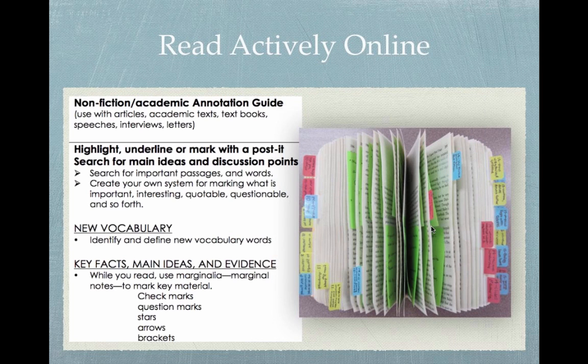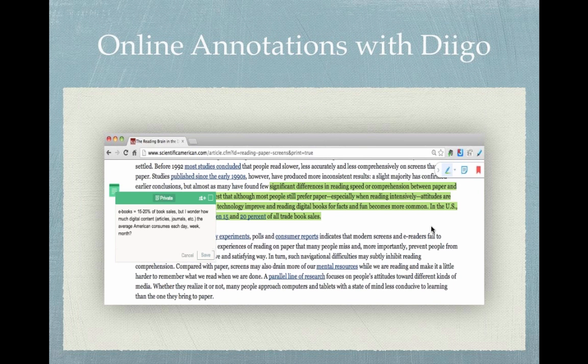But as we start shifting and they start consuming more digital text, it becomes increasingly important that we give them the tools and the opportunities to practice applying those annotation strategies, those close reading and active reading strategies, in the online environment. And so one of the tools I've really enjoyed using, because I can use it with any online web page or resource online, is Diigo. All of my students sign up for their own Diigo account. It is free, and I can literally hyperlink to an article from our class webpage